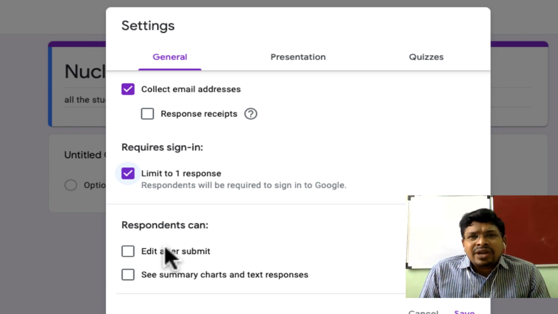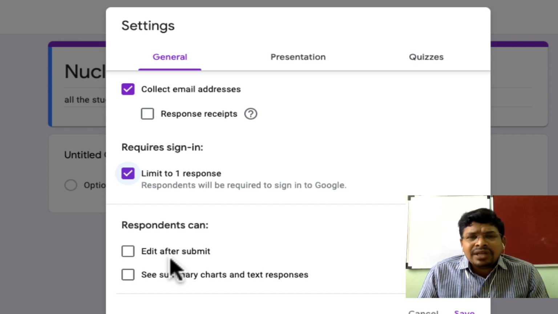To avoid this, we will make it as near to the ideal classroom as possible. Like here, limiting the response to one, and also we will not allow students to see their responses or the correct responses immediately.